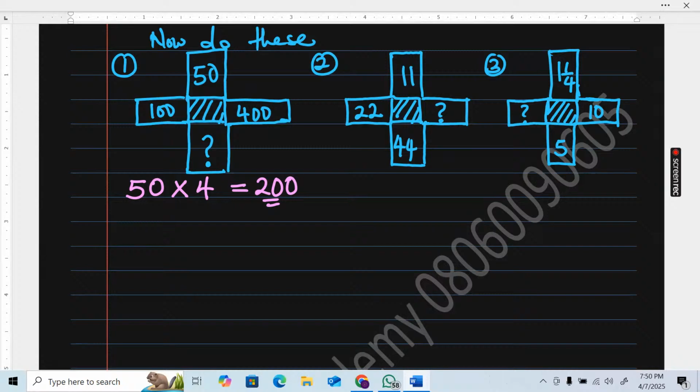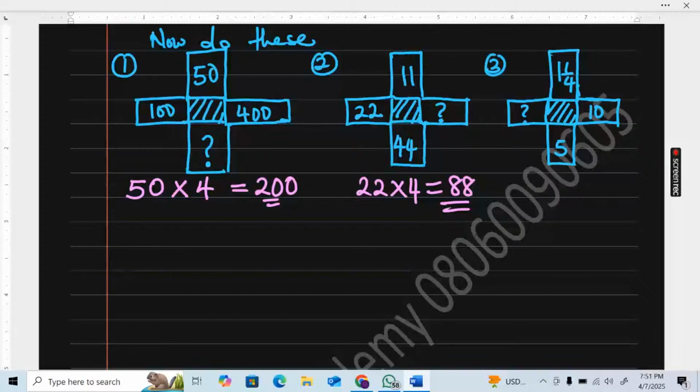You have to multiply the number on the left by 4. You have your left side of number 2. So if you multiply that number by 4, that will be 22 times 4. The number on the left is 22. Multiplied by 4, that will give us 88. So our answer to number 2 is